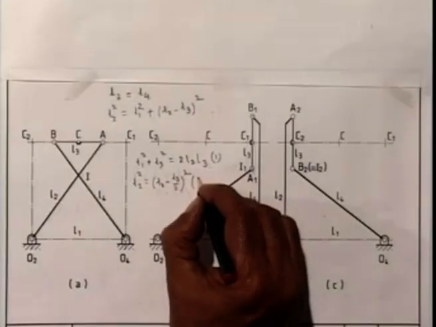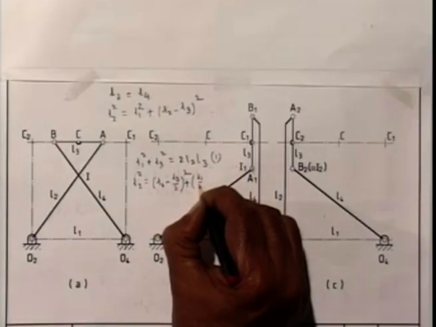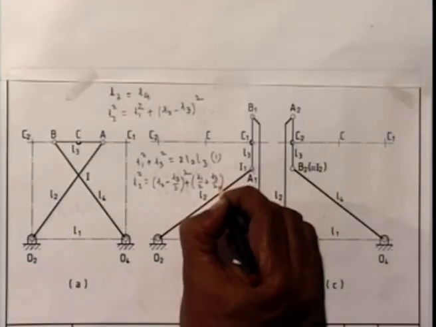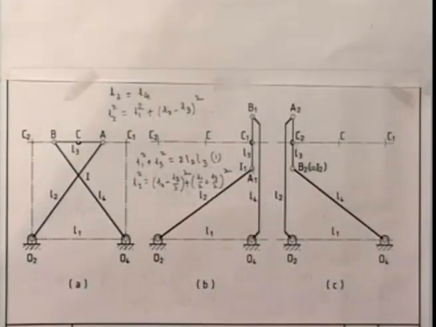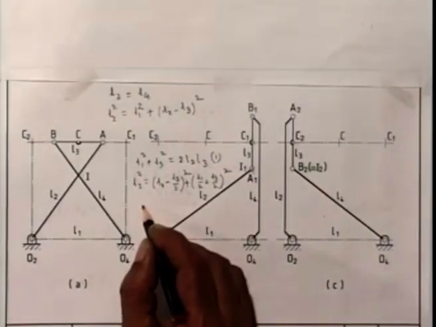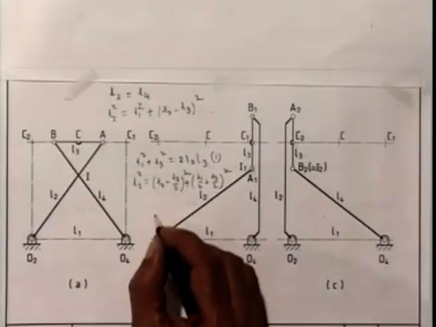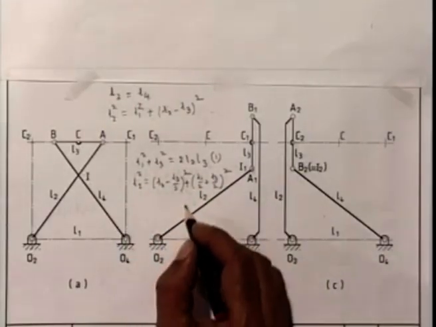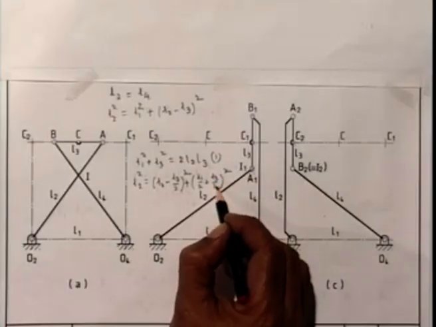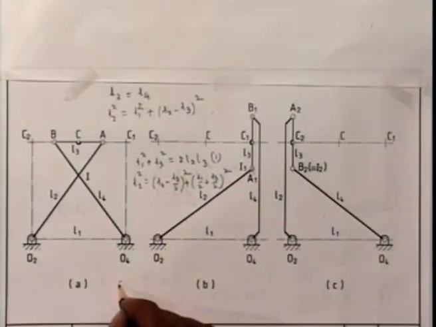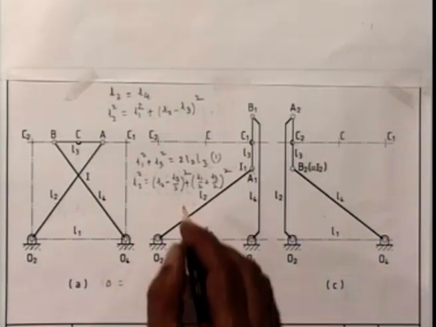So, plus L1 by 2 plus L3 by 2 whole square. Now, if I expand this, what we get, L2 squared cancels. So I get L3 squared by 4 here, L3 squared by 4 here. So that is 0 equal to